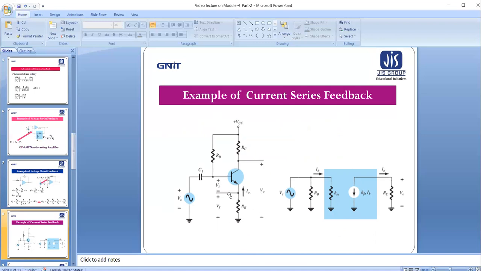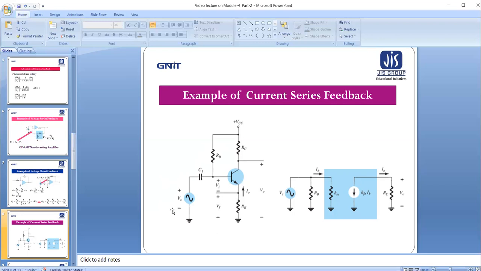It will develop a negative feedback voltage. I had discussed this in bias stability as well as the amplifier circuit. So what happens when a current is flowing through the resistance? It will develop a feedback voltage which will oppose